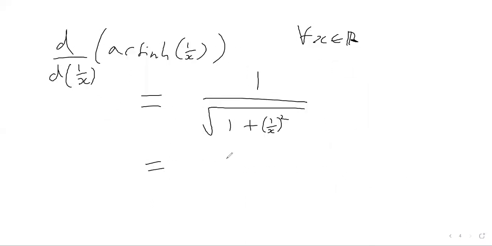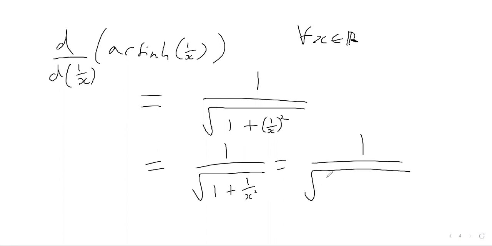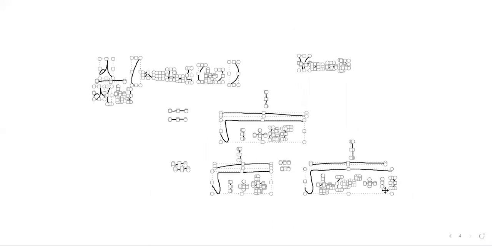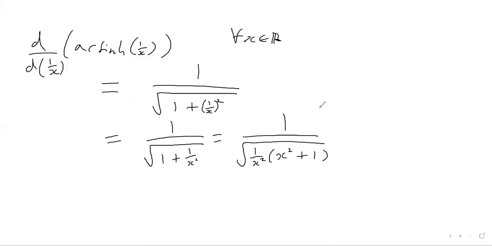So this is just the same as 1 over the square root of 1 plus 1 over x squared. And in fact, I'm just going to tidy this up a little bit more. So we've got 1 over the square root of 1 over x squared. If I just take out a factor of 1 over x squared from that part there, we're going to get x squared plus 1 like that. And so as a consequence, what we therefore get is 1 over the square root of 1